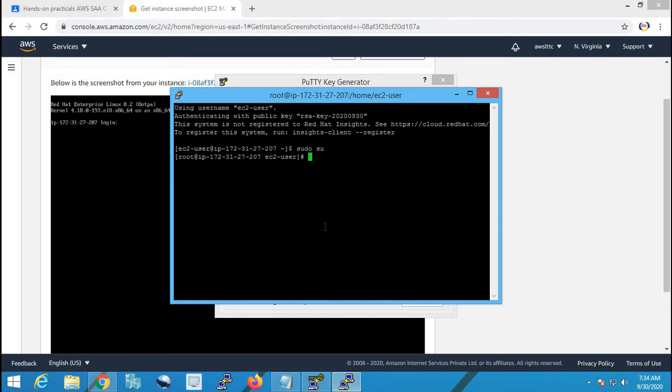Then let me log in with sudo privilege, and you can see here presently I am in /home/ec2-user, and let me show you the .ssh public key which is available, that is authorized_keys.